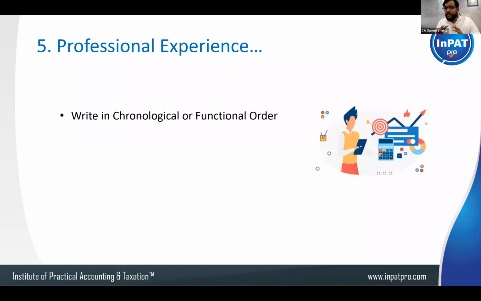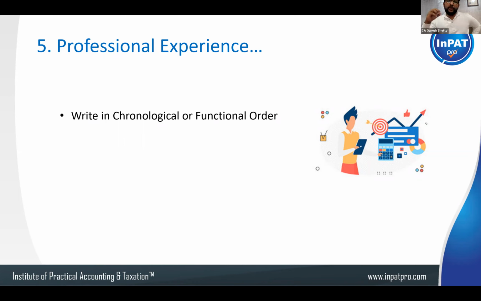See, people, the recruiter will not spend so much time on your CV. He will be spending time just like this. And maybe at a later point of time, they might look into that in detail. But in brief, in the initial screening, they will not see in detail. So that's why for you, the functional order is the suggested one.